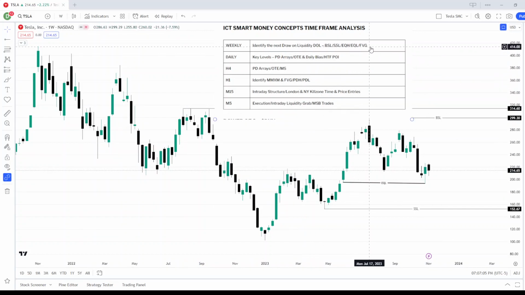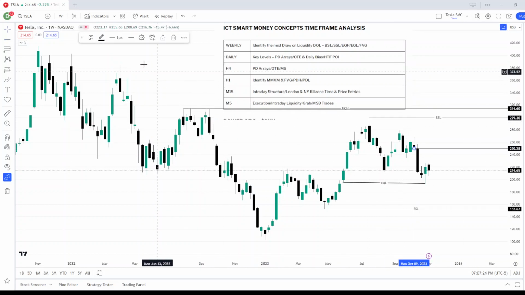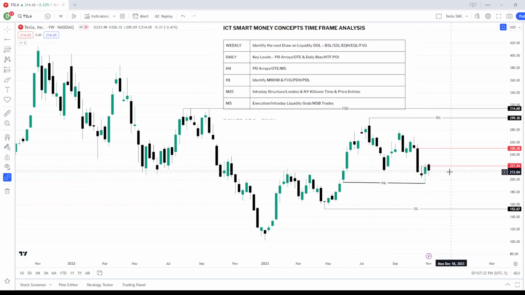And then we want to see if there are any weekly fair value gaps that are of interest. I can see I don't have my Smart Money Concepts indicator on. If you do, you're using the Lux Algo Smart Money Concepts indicator. It's the same one that Peter uses all the time as well. And I see right here, and I'm going to mark it red because my bearish indicators are going to be red, we have a weekly fair value gap